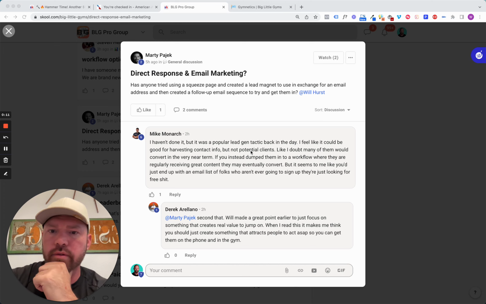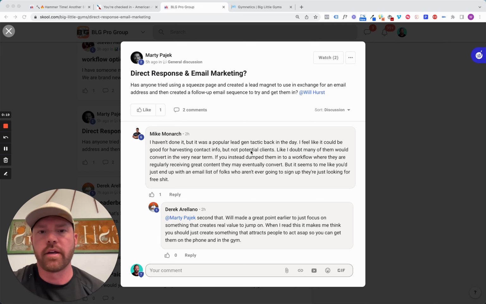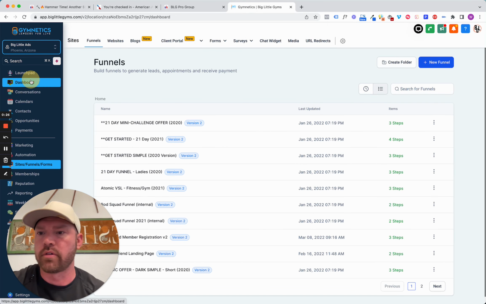He said, has anyone used a squeeze page and created a lead magnet to use in exchange for an email address and then create a follow-up email sequence to try to get them in? And so I'm going to go ahead and show you because this would be really easy to create in Gymnetics. So what you would do is you'd go to your Gymnetics account, and from your dashboard here, when you sign in,